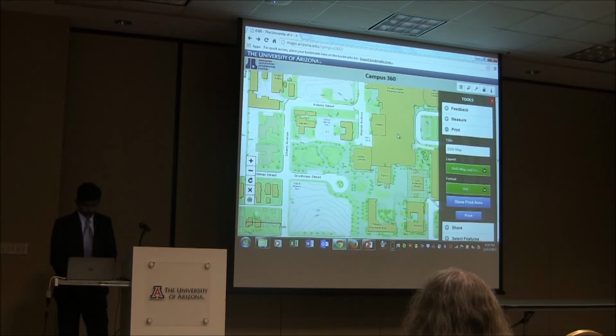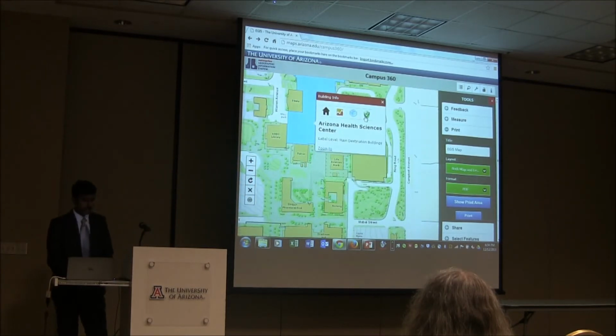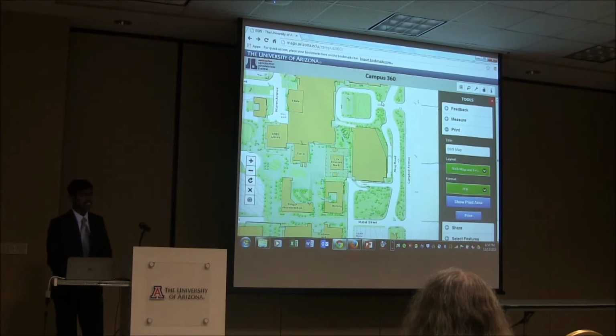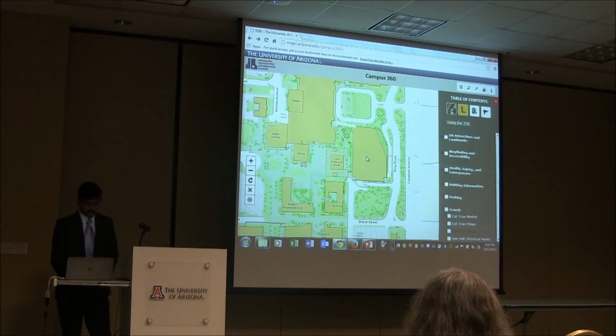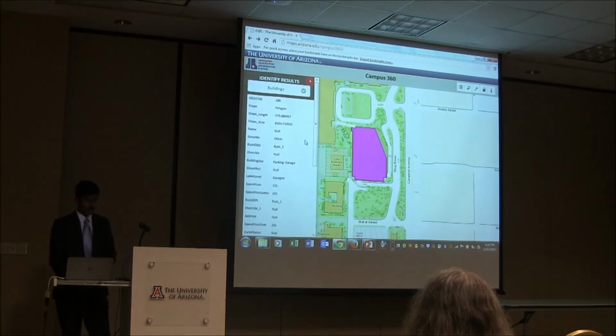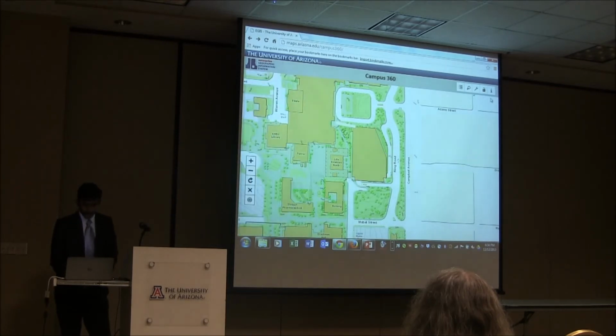And now if you click on this particular feature, you will be able to get more detailed information in each of these pop-ups. The pop-ups will be designed for a specific set of user groups, and you will also have an identify tool which becomes active only when you log in. And once you click on this, it shows all these results in a table on the left panel. So this is a quick demo of the application,